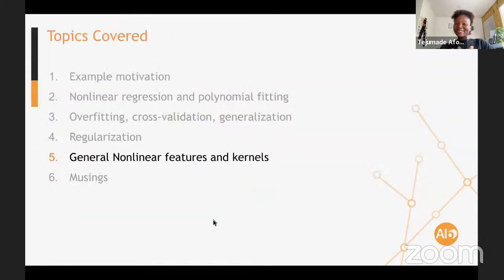Okay, so this is the last segment. For the next 15-ish minutes, we'll just quickly go over some general nonlinear features. So we are aware of other ways of creating these nonlinear features.